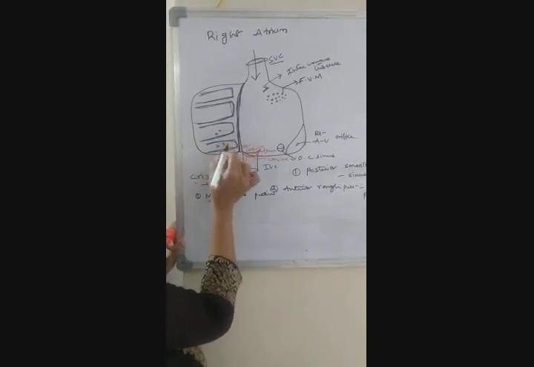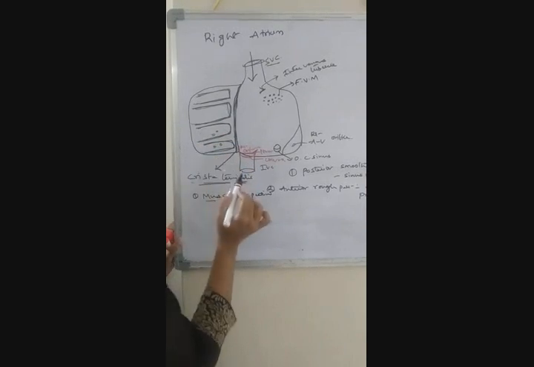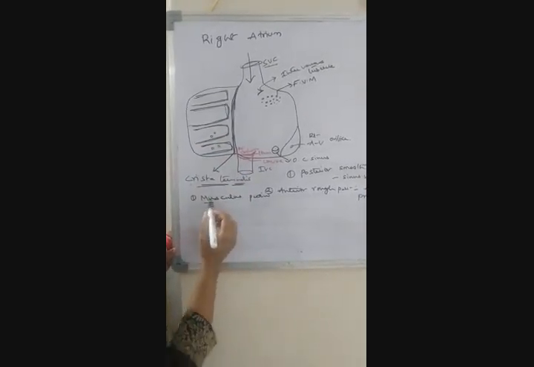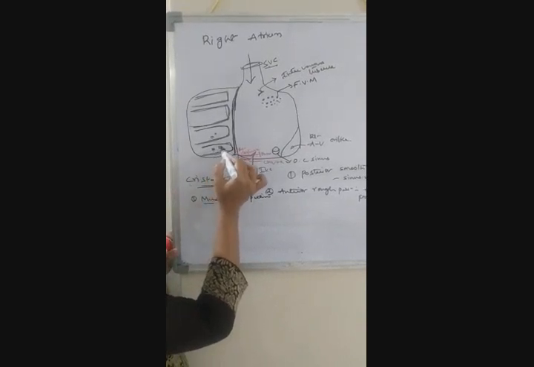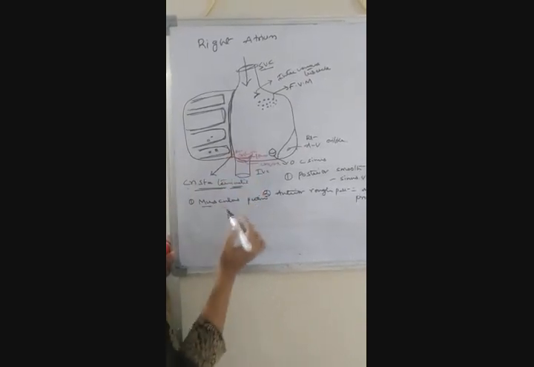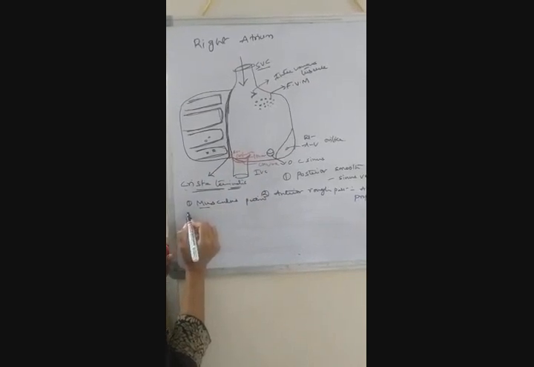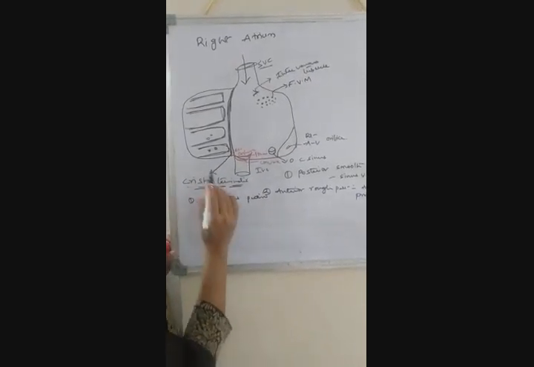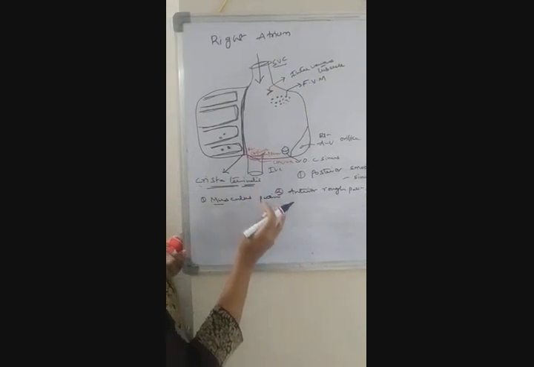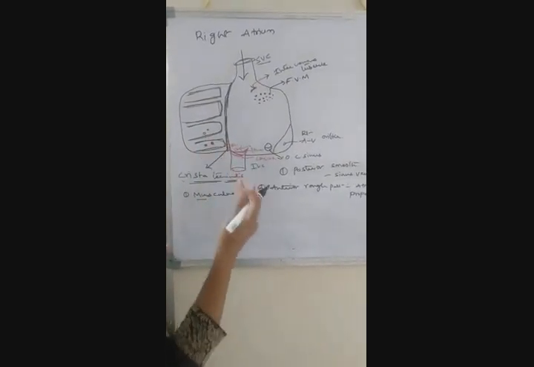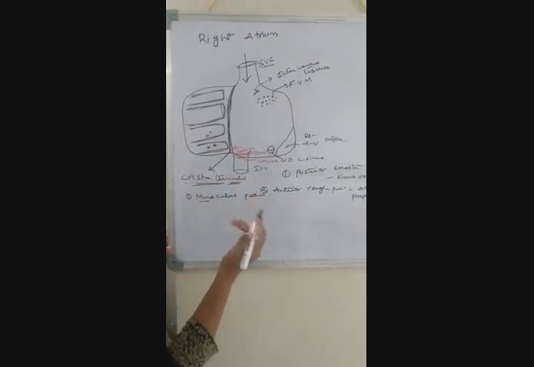These two veins open into this muscular septum. Okay, the anterior cardiac veins and the right marginal veins open into this muscular septum. Next, coming to the septal wall. These two are present along the anterior wall. Along the septal wall, that is nothing but the interatrial septum, we will have